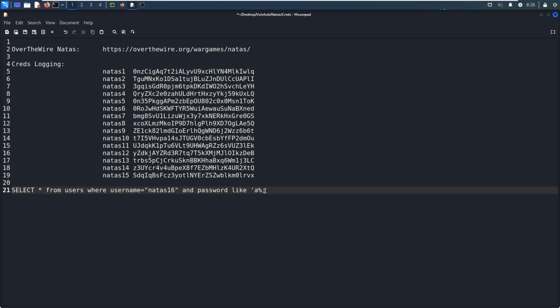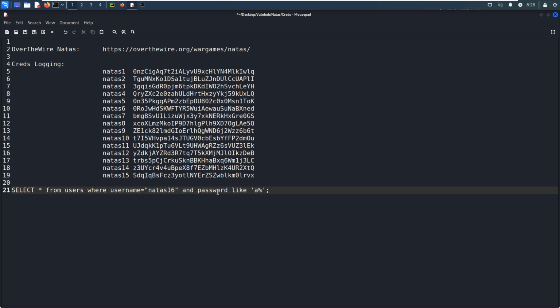So if indeed the password starts with A, then this part will return true, and also this part will return true. It means that the number of rows will be larger than 0. However, if this password doesn't start with A, this part will return false, and the entire result will be false. So the number of rows would be 0. We can make use of this point to fuzz the password.